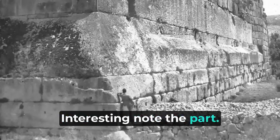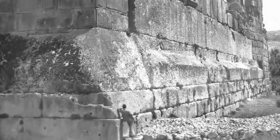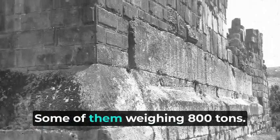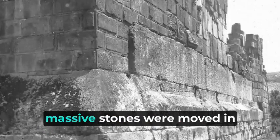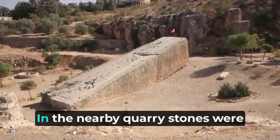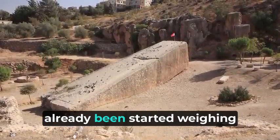Interesting note aside, the Temple of Jupiter was built on a platform. This platform contains some truly gigantic cyclopean stones, some of them weighing 800 tons. It is quite unknown how such massive stones were moved in ancient times. To make it even more impressive, in the nearby quarry, stones were found where extraction had already begun, weighing 1,200